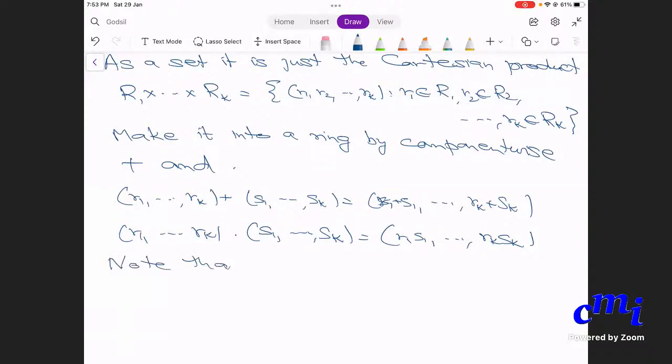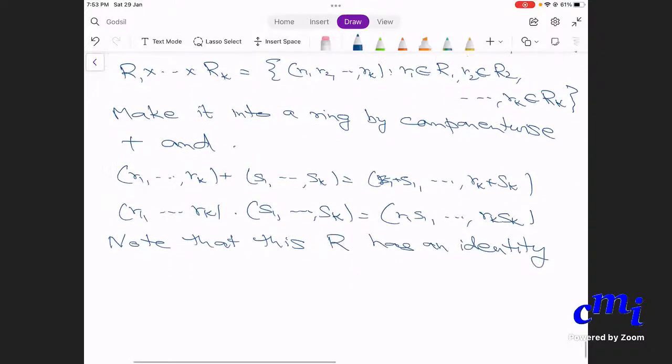Note that this ring has an identity, which is just the tuple (1, 1, ..., 1),